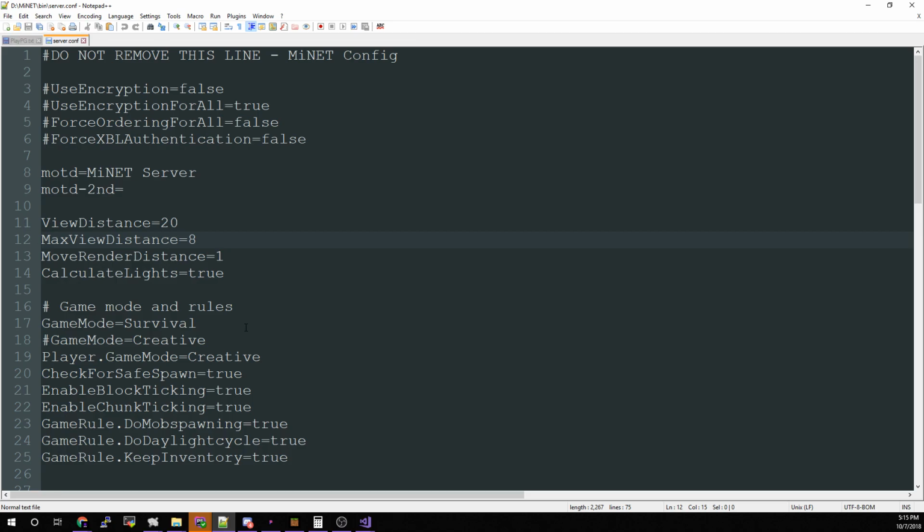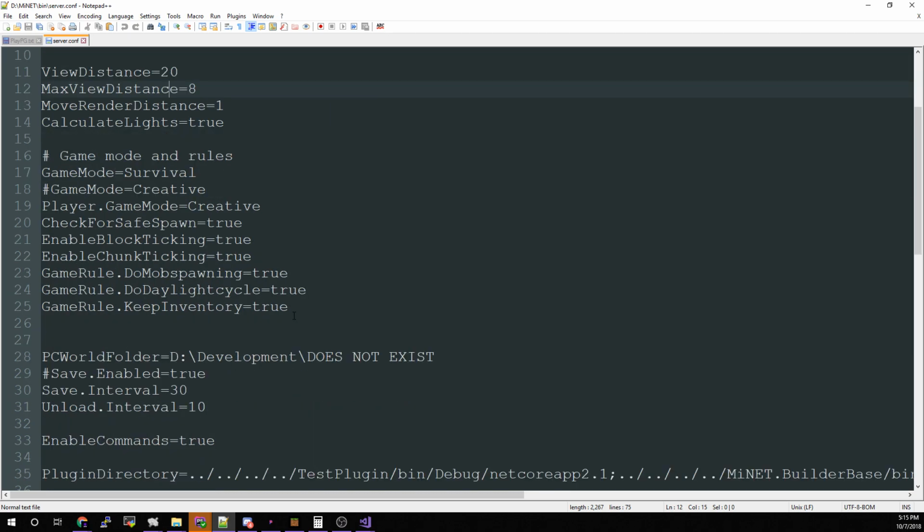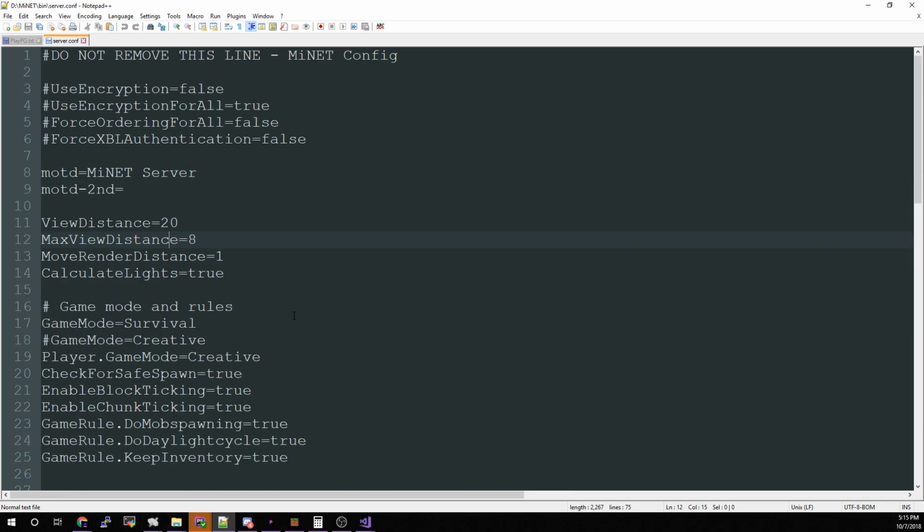But there are a number of things that aren't available in the default configuration file that you can add that server owners may find helpful. And there are also some other things that might not necessarily be as obvious as to what you can do with them. So I mentioned that we were going to point the MiNET